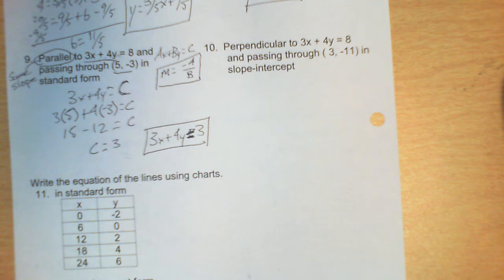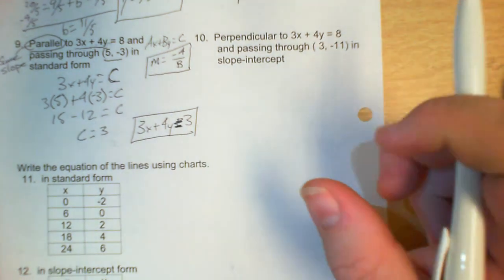Okay? Equals 3. All right? Now for the next one, this is where our slope is going to come in handy. Because when I'm finding a line that's perpendicular to